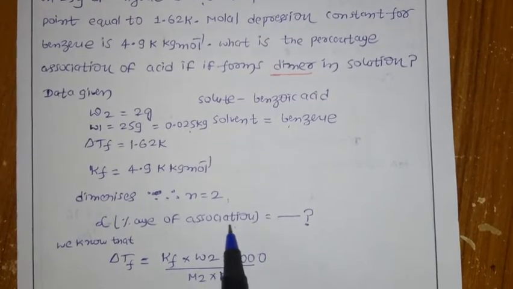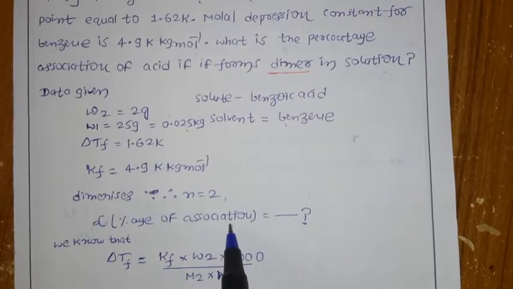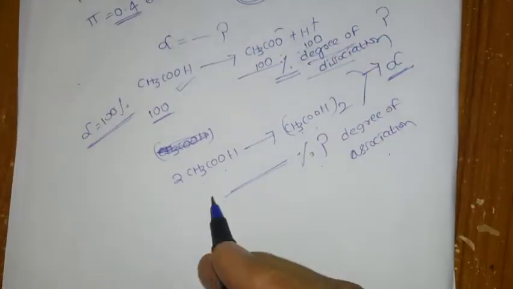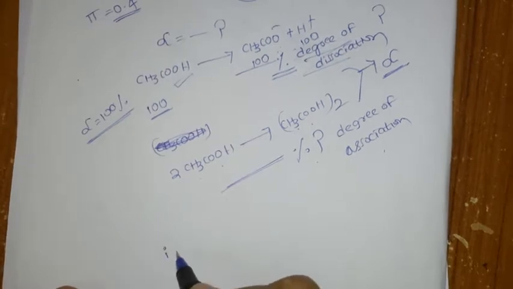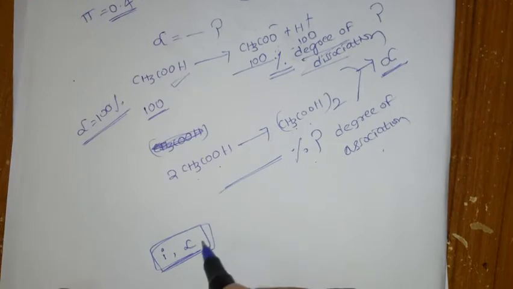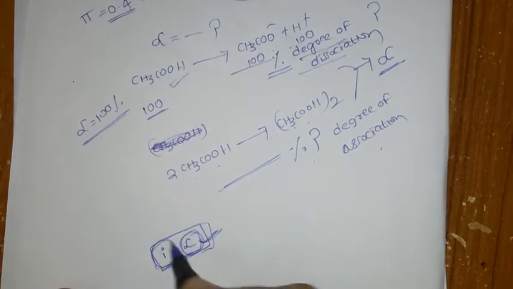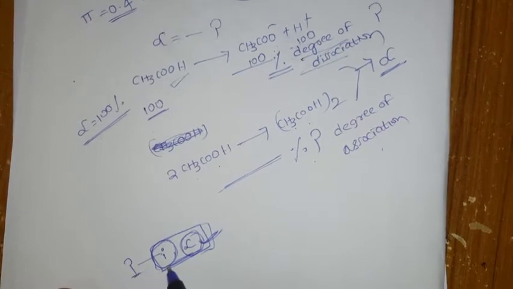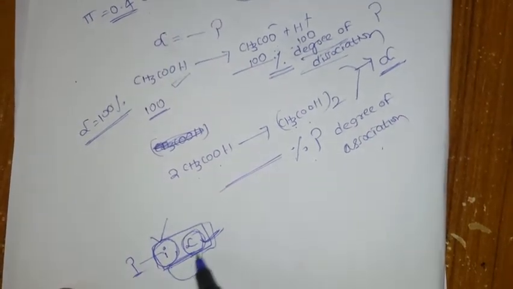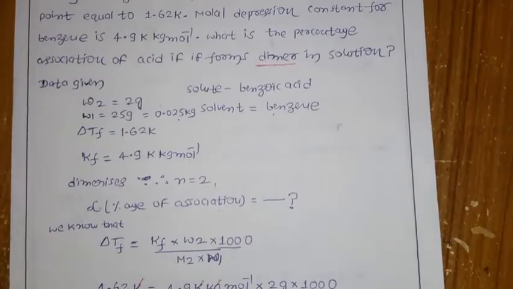If you know this very well, to calculate alpha we need the i. To calculate alpha we have the relation between i and alpha. We discussed all the relations between association and dissociation. Now we have association, so to get alpha we definitely need i, but do we have i here? It is not there. So first you have to calculate i, and from there you can calculate alpha. Now let us find out how to calculate i.